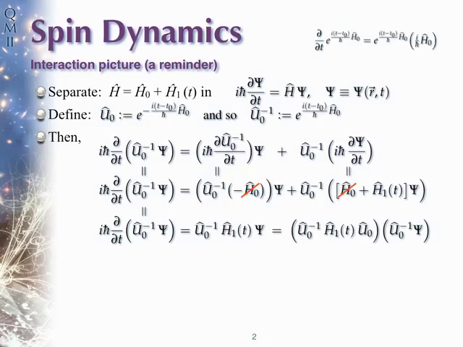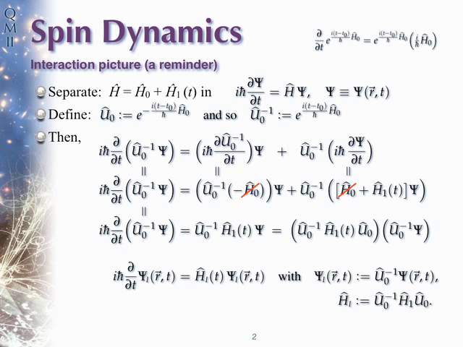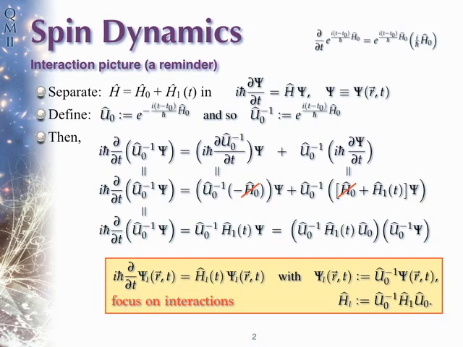The wave function that occurs to the far left with the derivative acting on it now also occurs on the far right, and then the expression in the parentheses before that, U0 inverse H1 U0, is the operator acting on it. So we can abbreviate those, calling that operator HI, the interaction picture Hamiltonian,